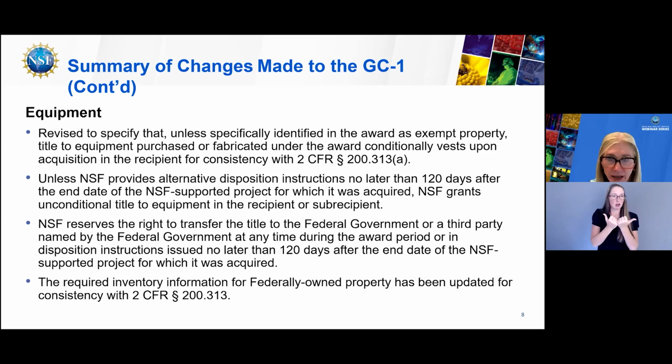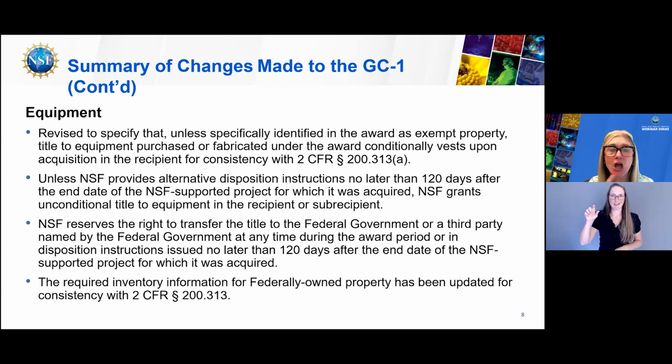And then there was a category that they called out as conditional vesting, which is, if you're going to add requirements to it, which NSF does and has in the past, it's actually now conditionally vested equipment. And then there is the third category of federally owned property. So what did we do? We revised to specify that unless specifically identified in the award as exempt, meaning no strings attached, title to equipment purchased or fabricated under the award conditionally vests upon acquisition in the recipient for consistency with 2 CFR